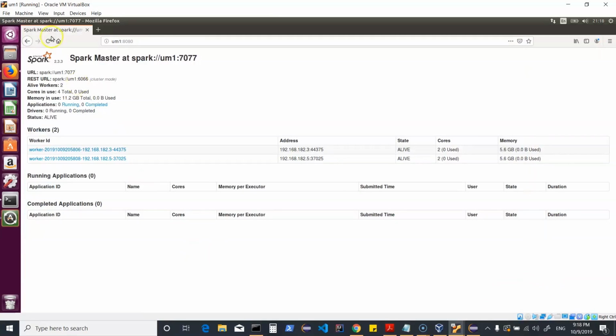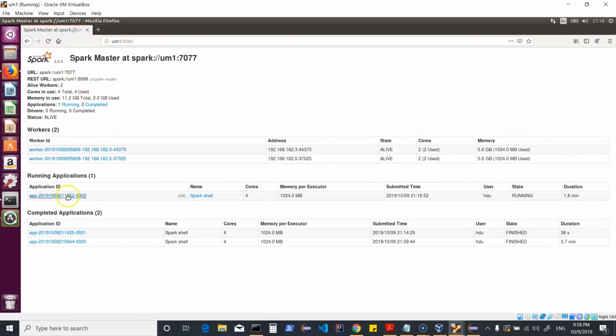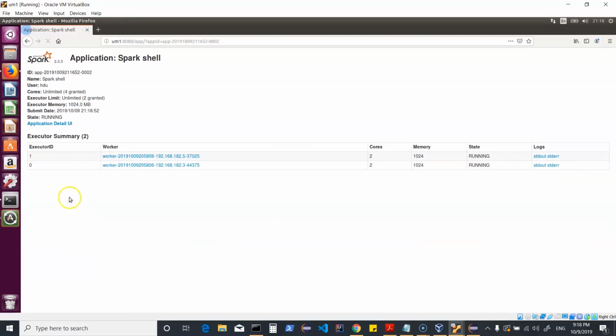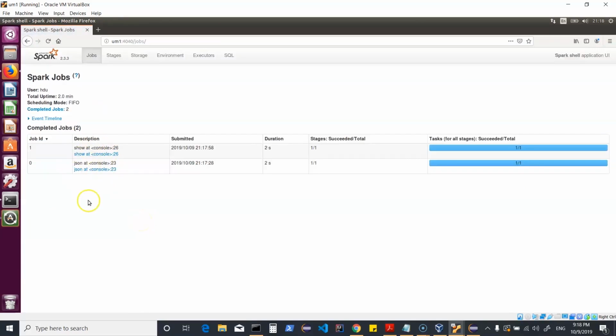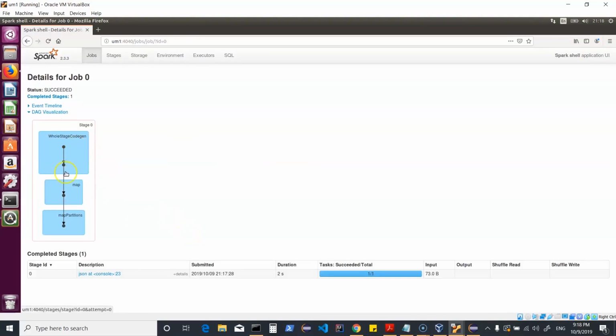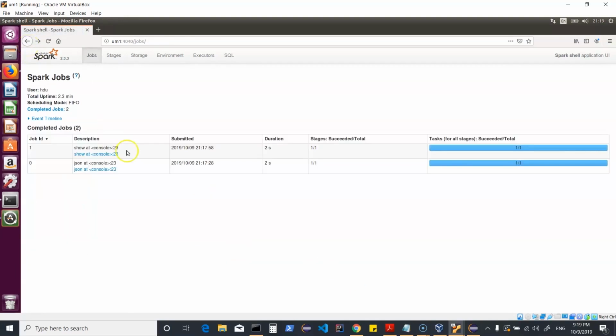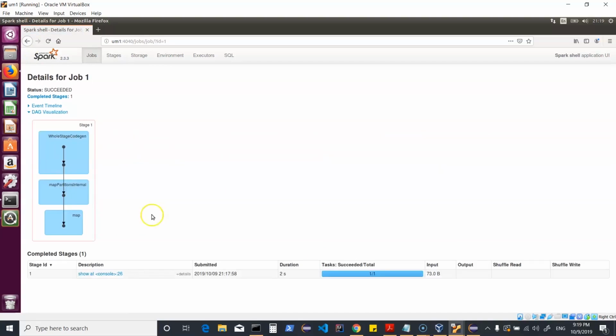Now if I come here and do a refresh, that will show me the application which is running, which has been started by Spark shell. I can click on this and then I can go into the application detail UI to see what we have done. So I did a spark.read.json, and I can look at the DAG here, which shows what happened, what code was generated, what were the transformations which were done. It shows me how many tasks were run for this. And then I can go and look back at my second job, which is basically ending with show, where I see this in a different stage. I see the code which was generated. I see the map partitions and then the map transformation.